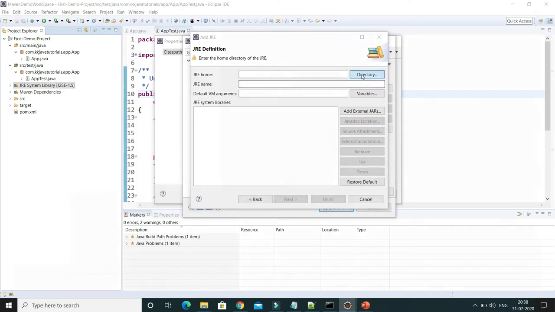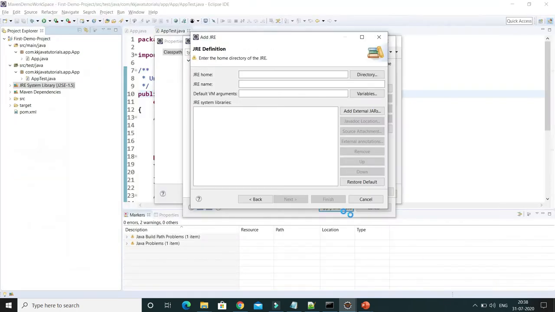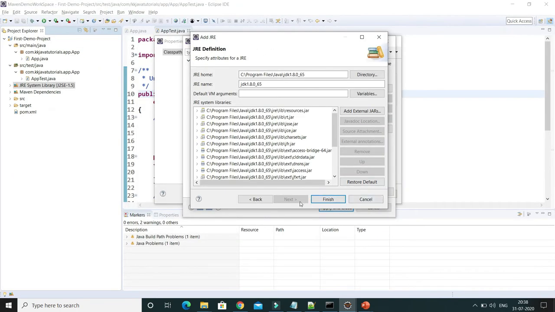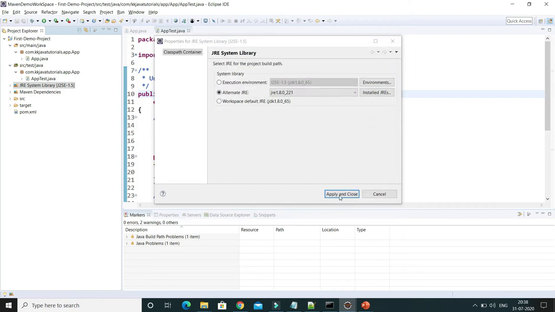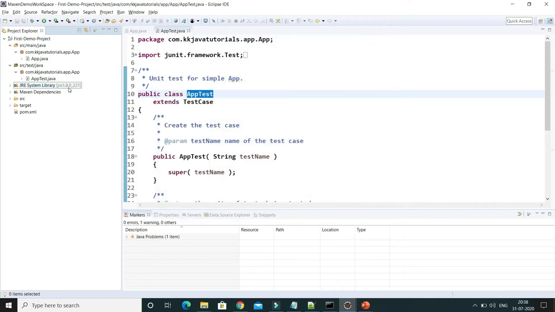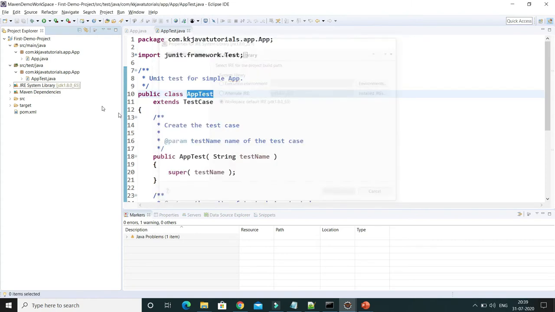Here I'm going to browse my JDK directory. I have installed JDK 1.8, so I'm going to browse that. Okay, now click on finish, select this JDK, and apply and close. So here I have added the latest JDK version. Okay, that has not been applied yet, so select this one, the workspace default JRE or JDK, and that will be added. I just would like to use the latest JDK.